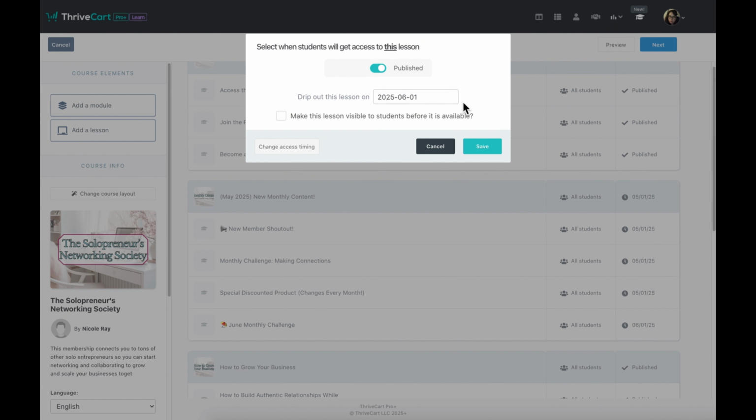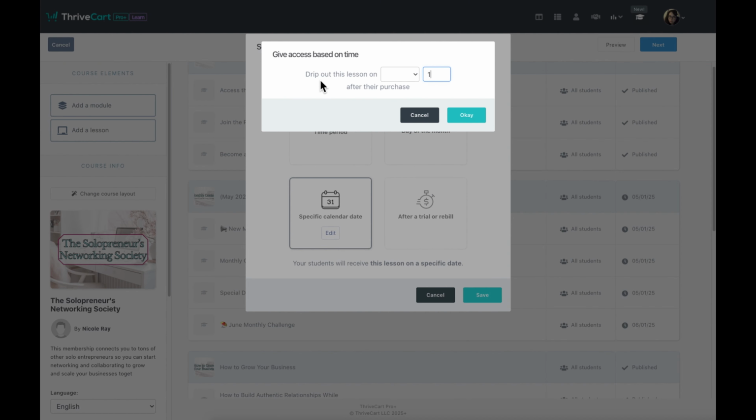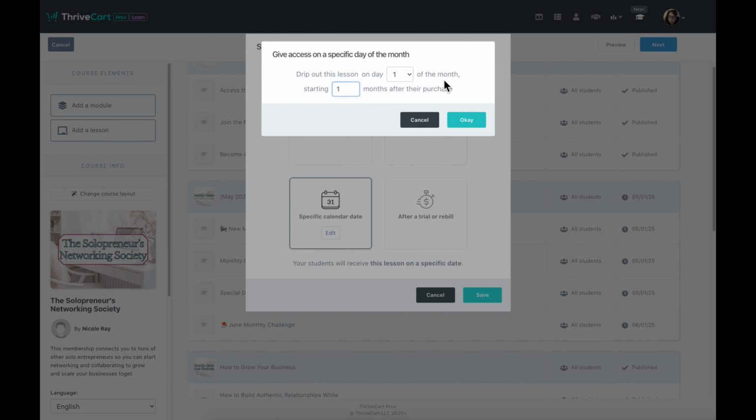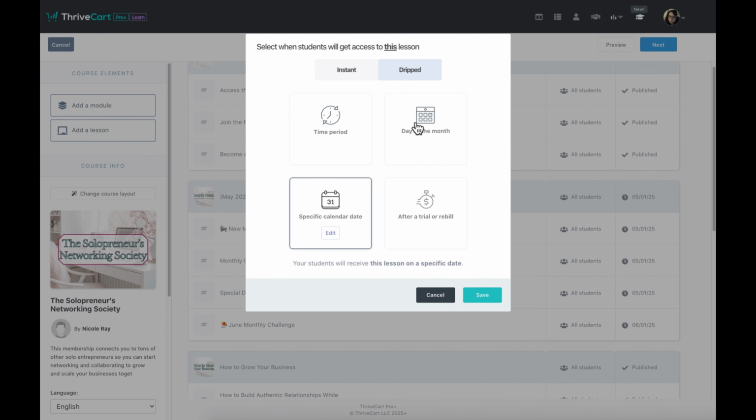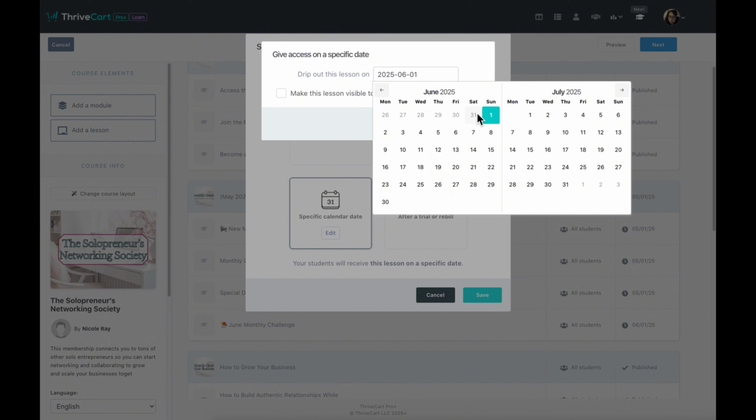So if I go into that and I change the access timing, this gives me 4 options here. I can either choose a time period, and so I can drip this lesson on the first day after their purchase, or as many days as you want. You can choose days, weeks, months, or years. You can choose a day of the month, so maybe the first of the month, starting 1, 2, 3 months after the purchase. You can choose a specific calendar date, which is what I have here, so June 1st,